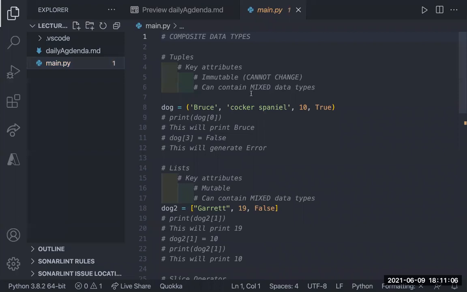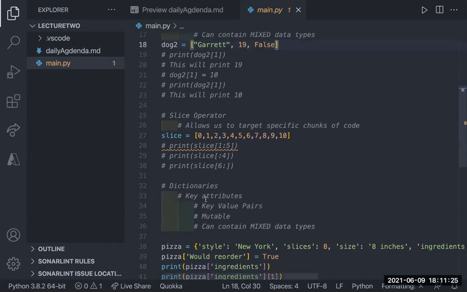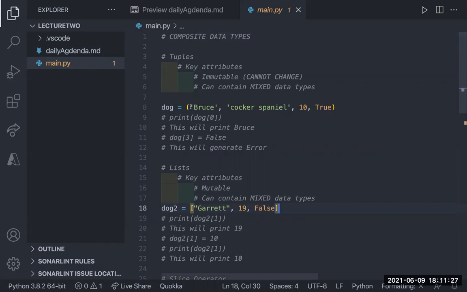But a tuple is a composite data type where I can put basically a bunch of different types of data together. Here you can see I have this variable called dog that I created, and it is a tuple. You can see that a tuple is declared just by parentheses. That's where it differs, right? Once it reads the parentheses, Python knows that it's not a list or a dictionary, that it is of type tuple. So here I have Bruce, just like a name. Type is Cocker Spaniel. 10 is like the age maybe, and are they a good boy? Yes, of course they are. True. Super good.